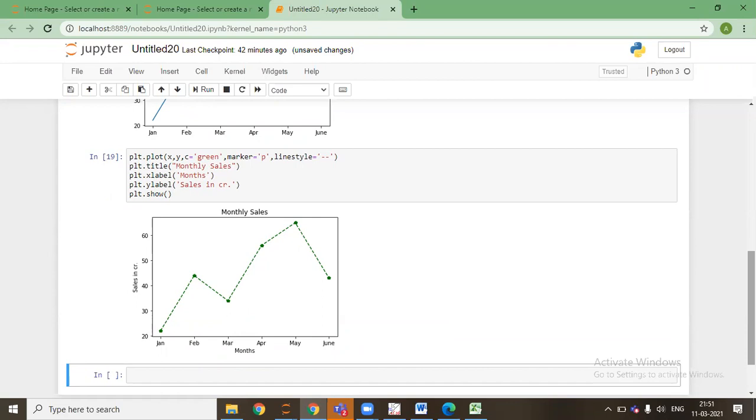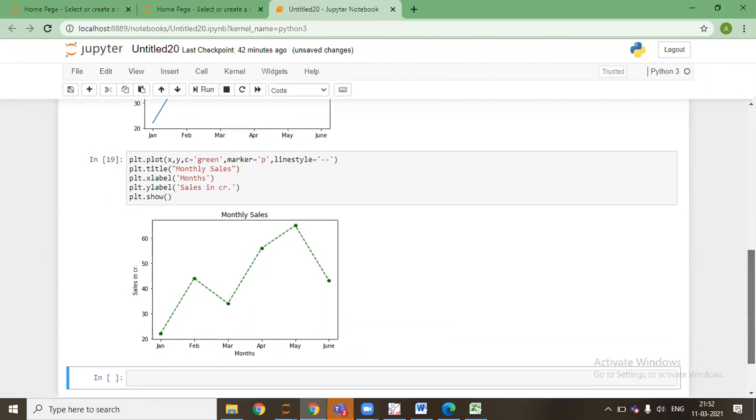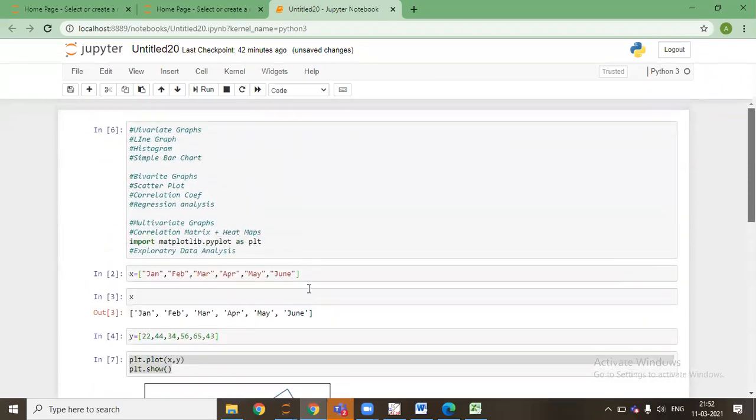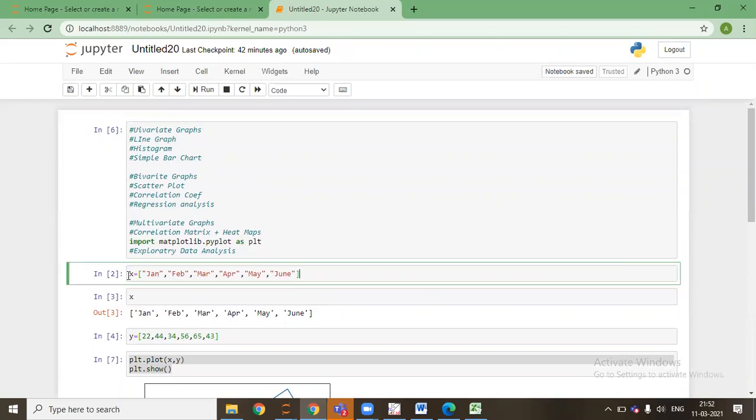We can add multiple line charts to it. Right now we have a single line chart, and we can make it multiple line charts as well. So the data that we had was this one. Let me copy it and paste it.